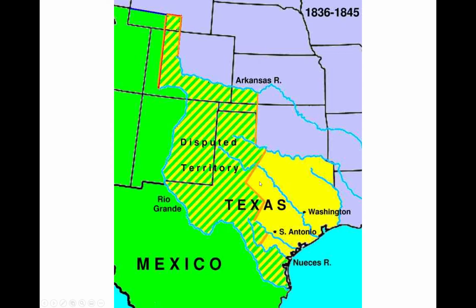One of the things that was an issue at the time was what exactly was Texas? The Mexicans said that the province of Texas's border was the Nueces River, where present-day Corpus Christi is. The Anglo-Texans, though, said that the border of Texas was the Rio Grande River. So what is present-day Santa Fe, New Mexico, was part of Texas, according to them.